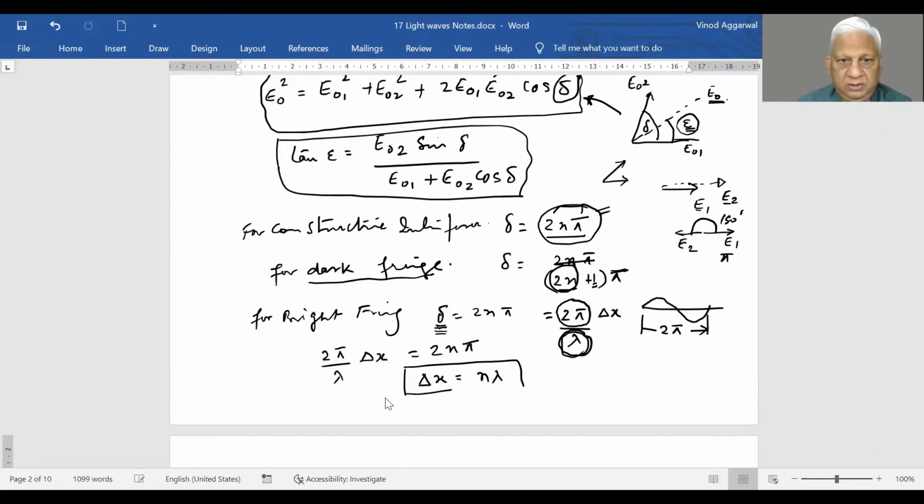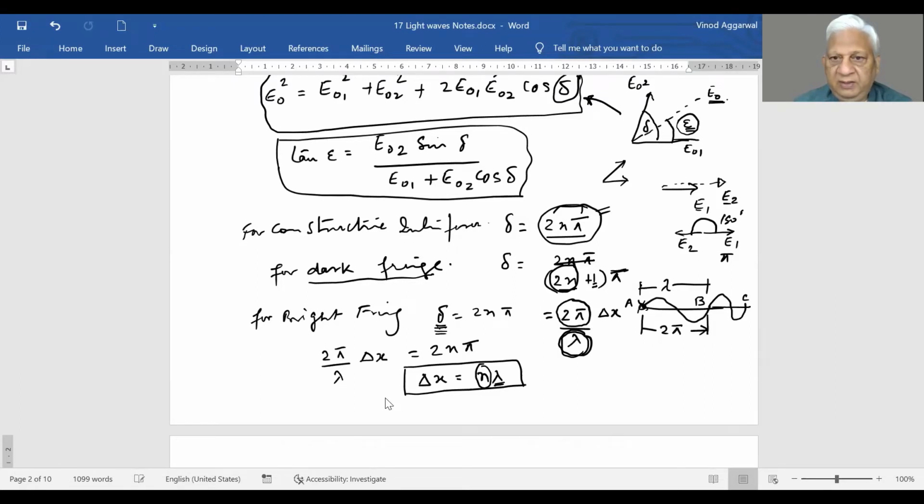This is again logical, because n lambda means integral multiples of lambdas. Whether you cover this was 1 lambda, now whether you cover one wave or you cover two waves, suppose this was A in the first case to B and C, we will see that